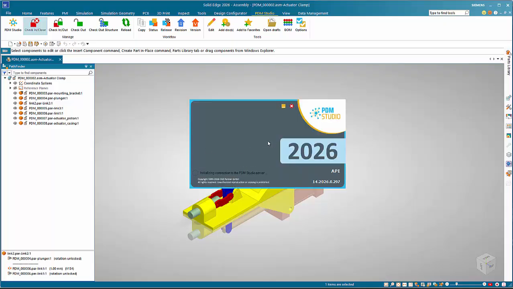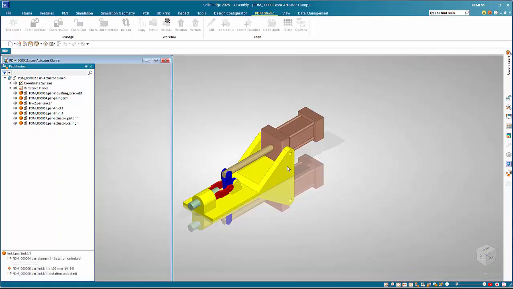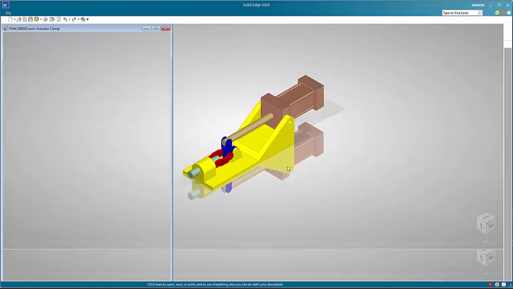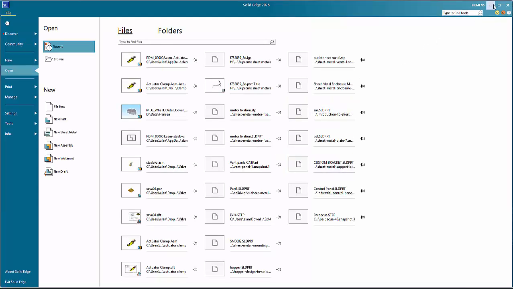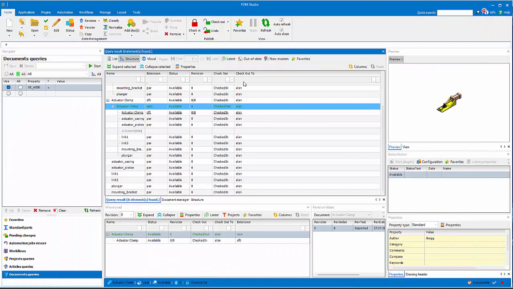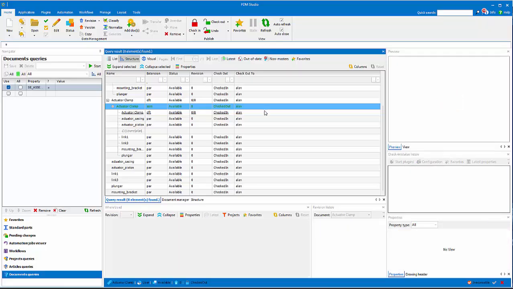Initially, it's going to just ask me to log back in. So this is once only. It just needs to define the link again. And then it's going to go through that same process where it will ask for that file to be loaded. So if we do a refresh in here,